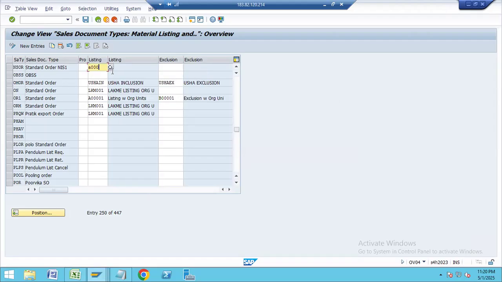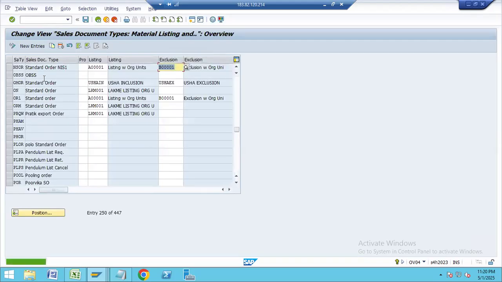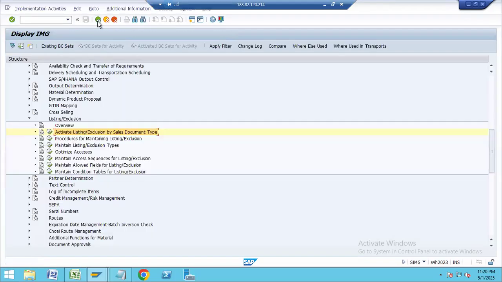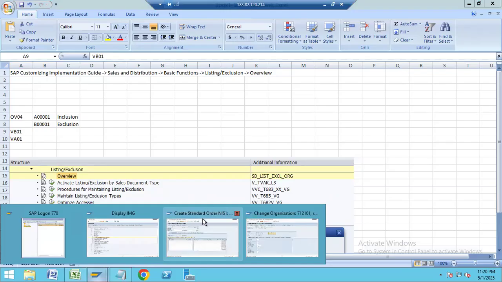So give your A00 same as it is, listing exclusion B001. Save it. Okay. Now, what happened? This part is over. Now BB01. What is BB01? Same again, go for